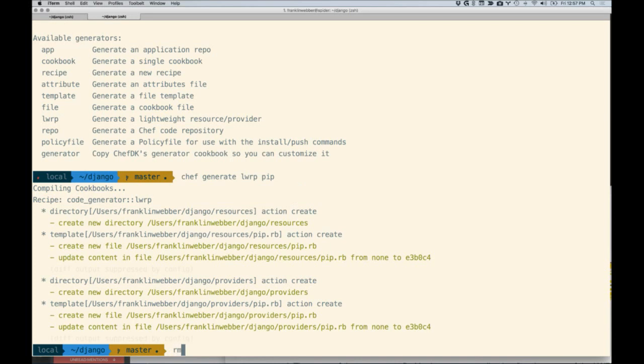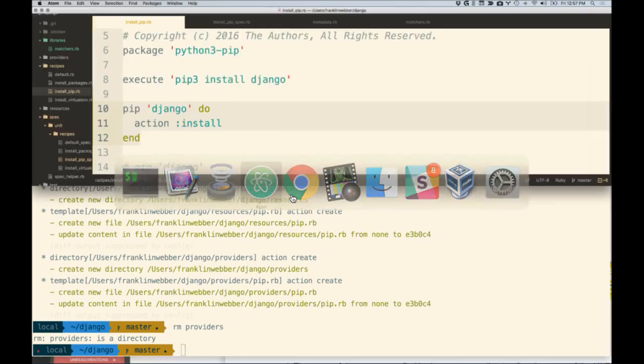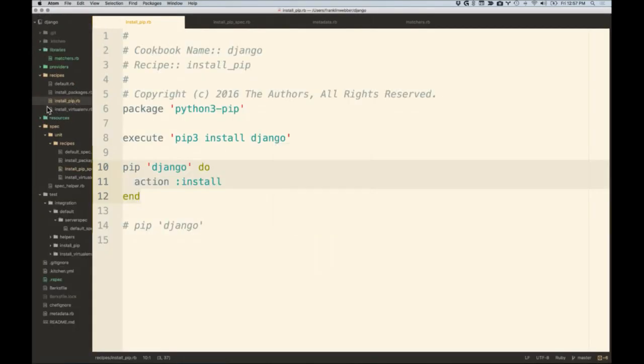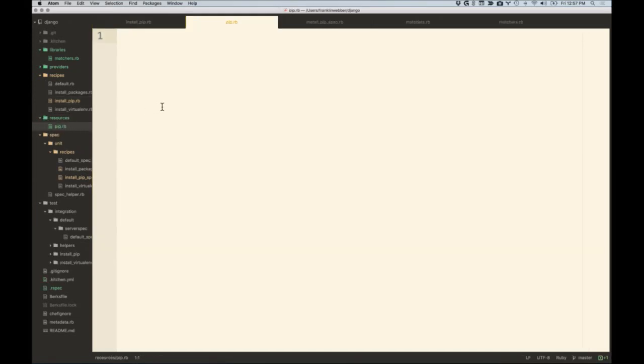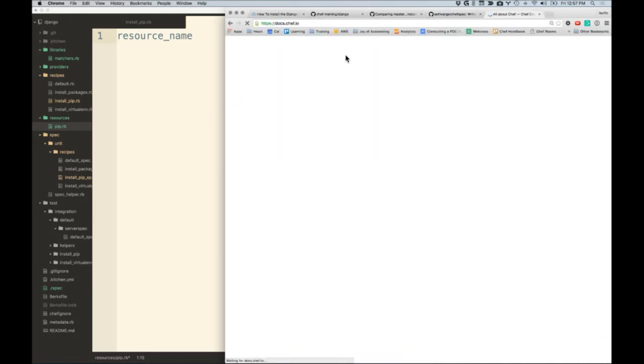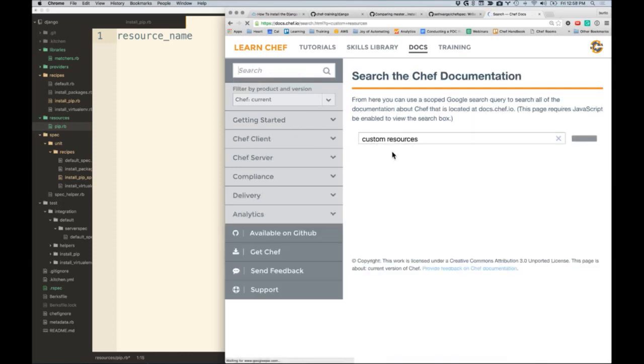You don't need it. So I'm going to remove the providers directory, and I'm going to be able to define all the content that I want inside of the resource file. So now I have the file structure that includes a resource directory and the matchers directory, and here's my pip. Now, this is the thing where I want to specify the resource name. And all this documentation can actually be found in the docs. If you look at the docs and find about custom resources, this is going to show you down this path